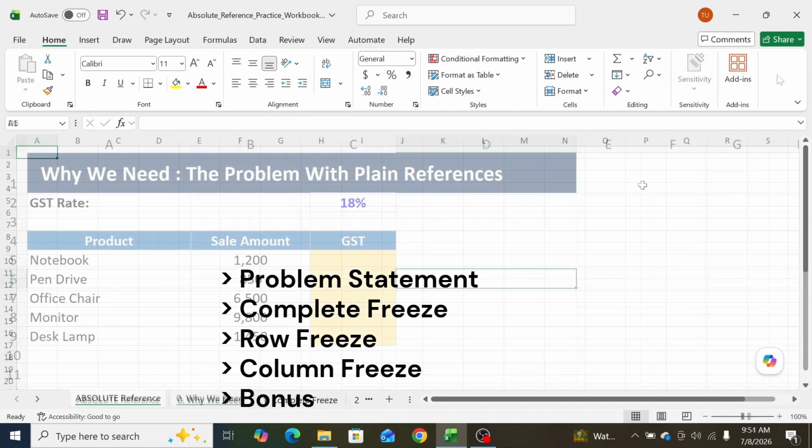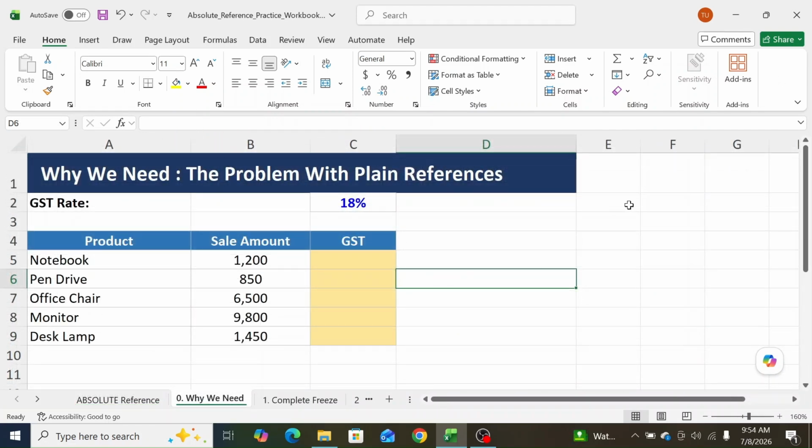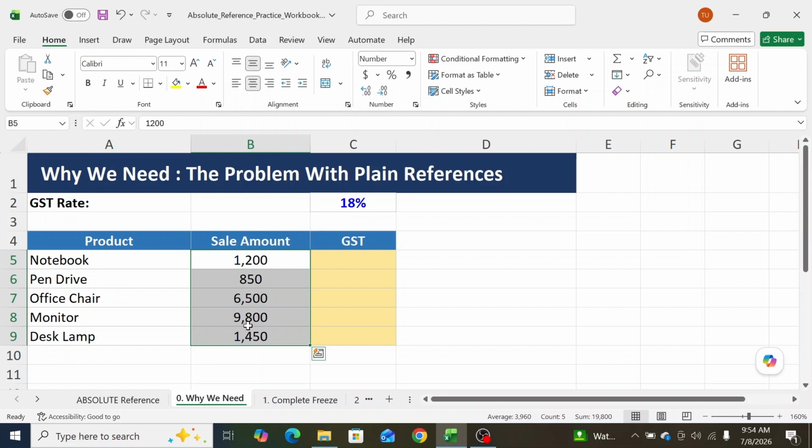Let's start. Let's first build a problem statement around it with the help of an example so that you will understand why do we actually need it and what it is actually. Here we have products and the sale amount for those products. Along with that, if you see here in blue 18%, that is a GST rate. Now we have to calculate what is a GST amount for each of this here in this particular column C,